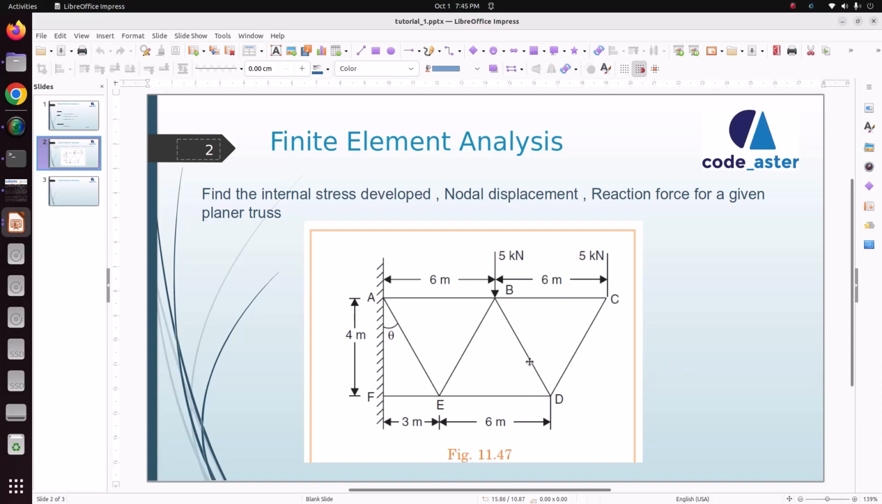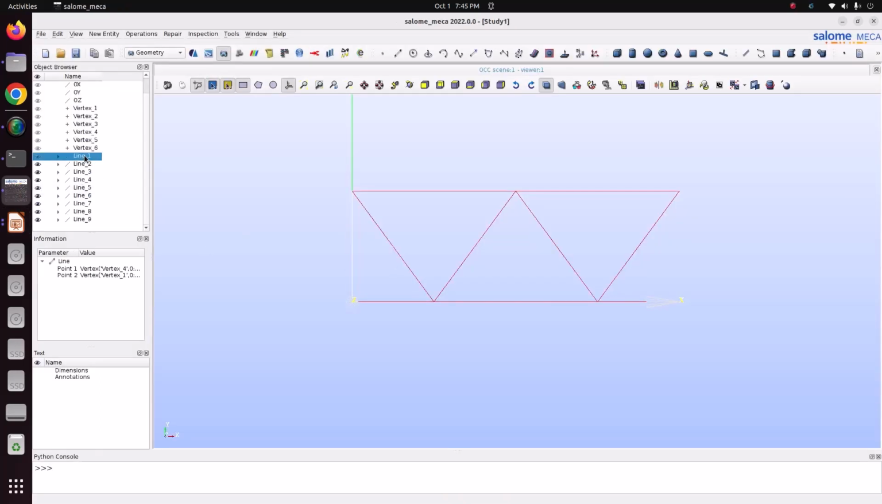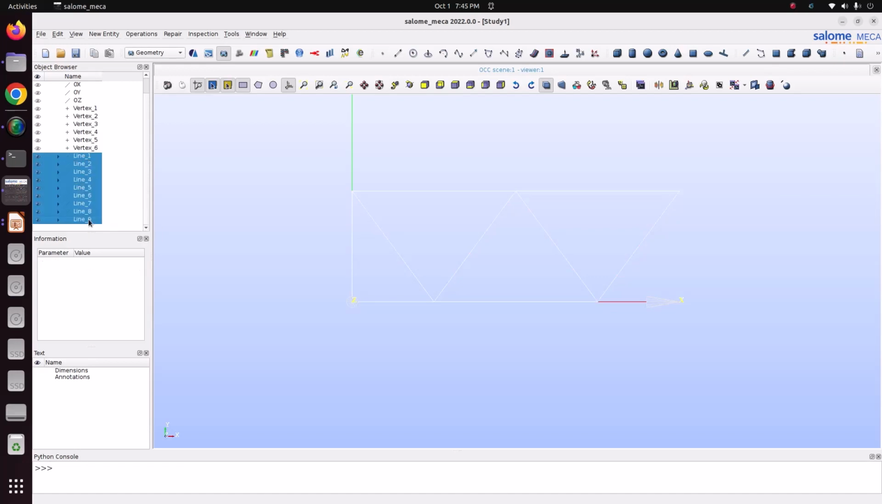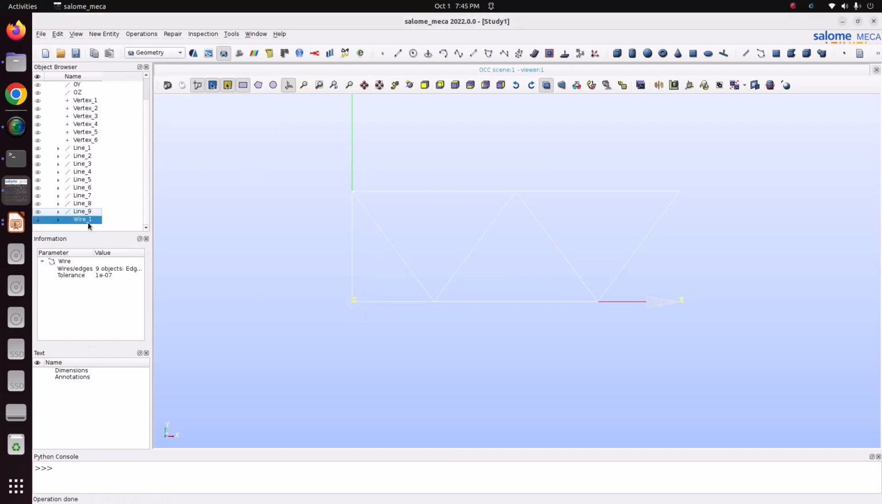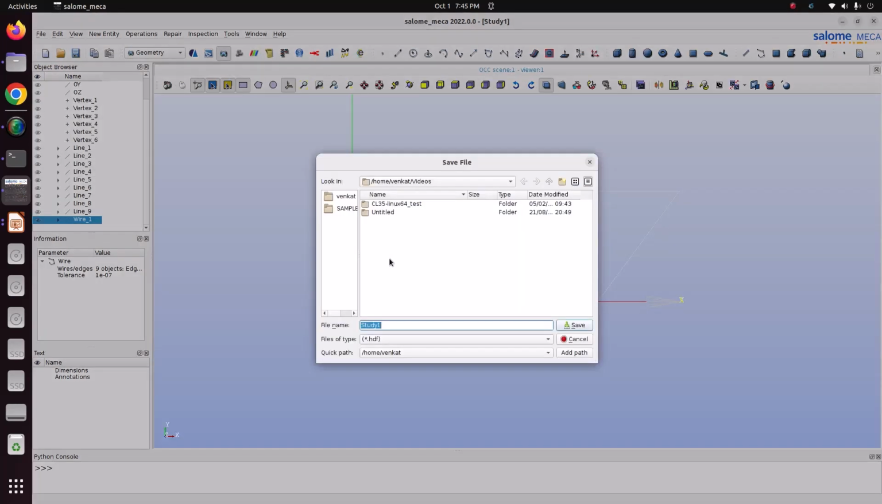Using this we need to analyze it. Now we have created these nine lines. Make a single line using the Build Wire option. Build wire, just apply and close. Now we got this wire. These were different lines, but we have built them into a single wire to analyze as a single component. So we'll save this file. Go to File, Save As,